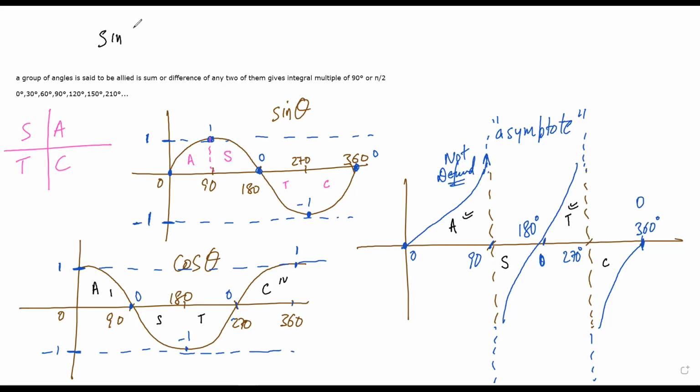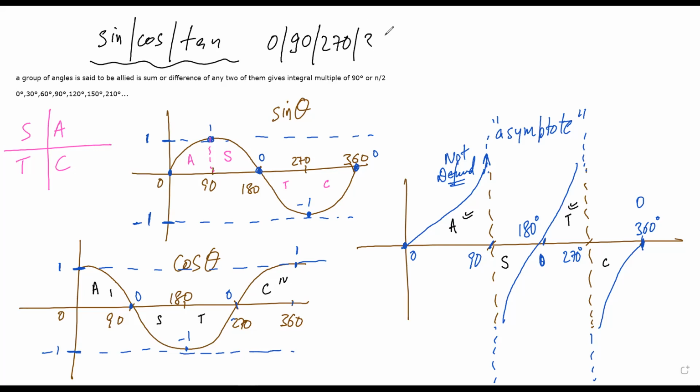These are the graphs of sine, cos, tan. They will help you find the value of sine, cos, tan at 0, 90, 270, and 360. And we will discuss this in detail in the coming lectures, don't worry. Now, why would you require this graph? You would require this graph because